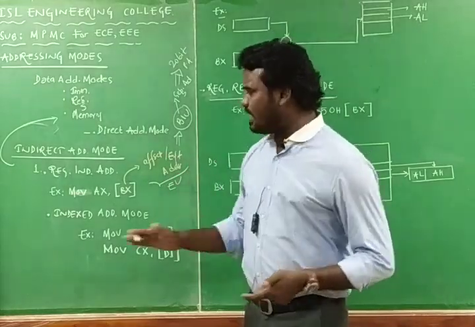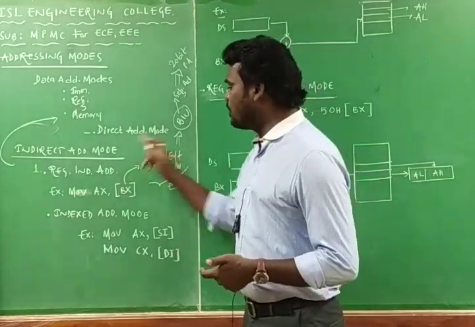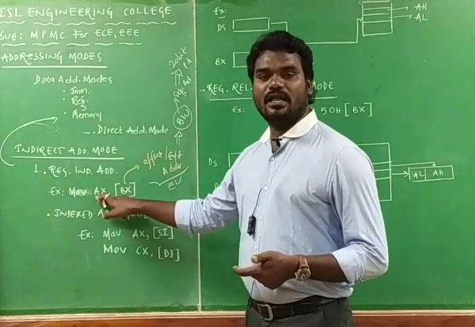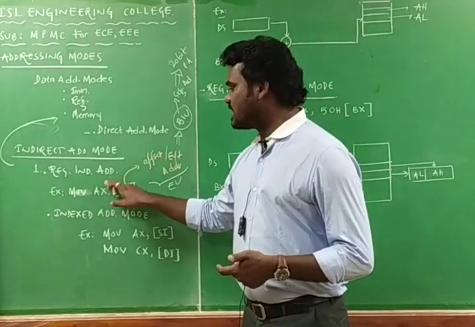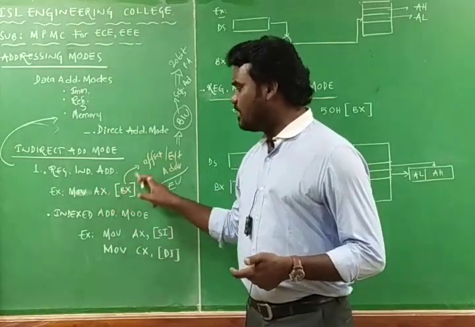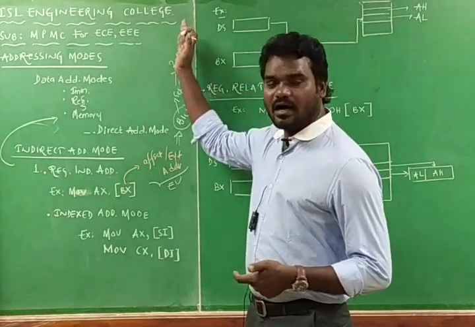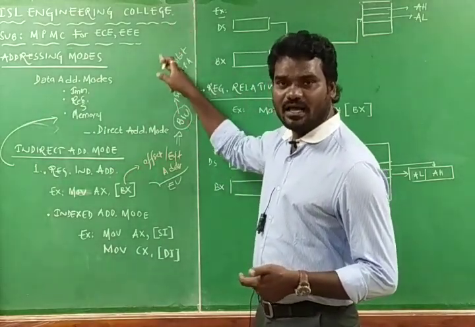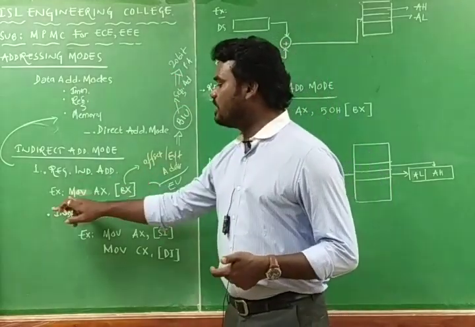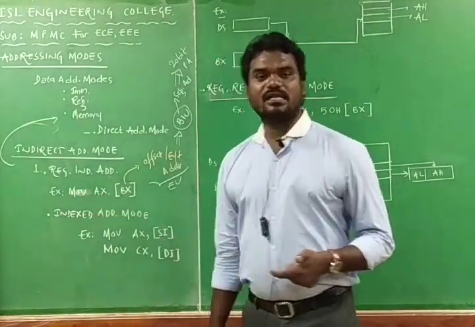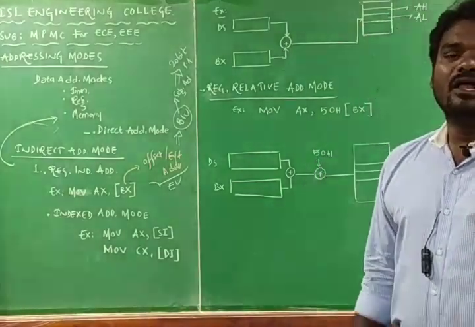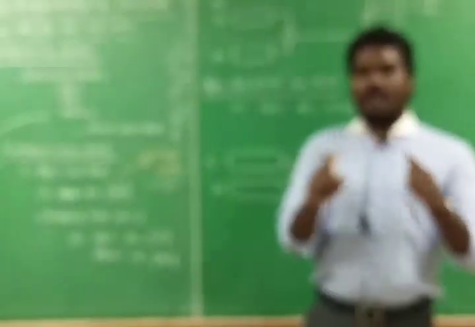That operand will move into the accumulator register. This is the destination register AX, and whatever operand is there in the identified physical location will be moved into this AX. AX is nothing but the accumulator register. So here you should remember that whenever